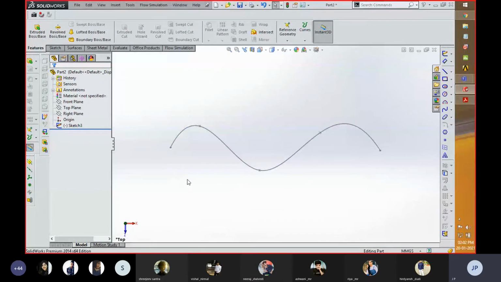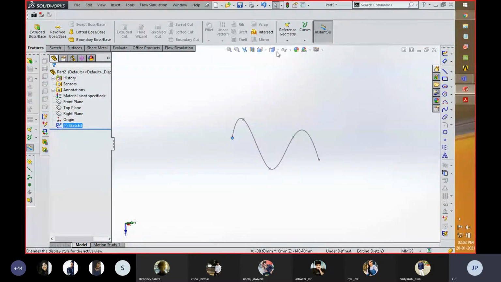Okay, you can see that I am dragging my sketch in this workspace. For dragging your sketch in this workspace, you have to press your scroller button in your mouse and then drag anywhere you want. With respect to that, the component or the sketch which is created can be rotated in the workspace. So for creating a plane, I select the end point or the start point of the sketch which was created earlier, and then go to reference geometry and then click on plane. Actually, this is a datum plane which is useful for supporting any part drawing.